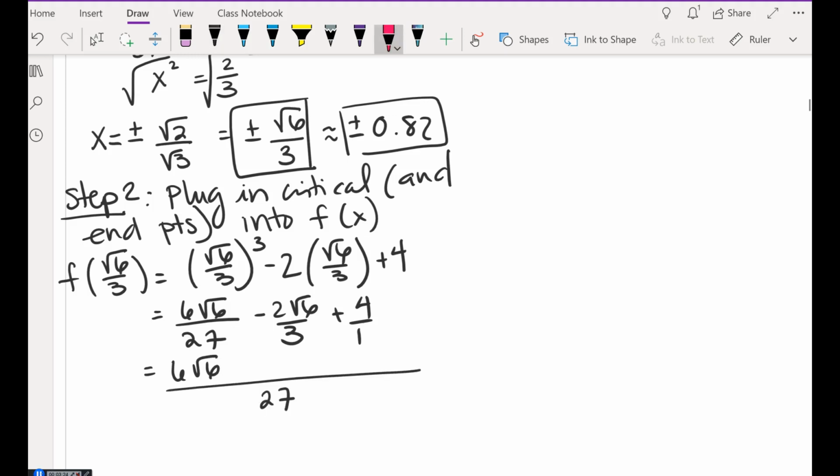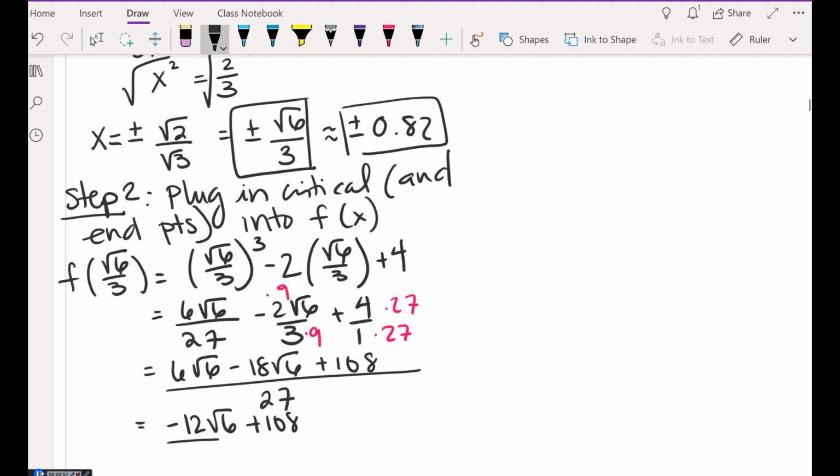That means I need to multiply this denominator by 9. Yes, no, maybe? And multiply this by 27, multiply this by 27, multiply this by 9. So 2 times 9 is going to give me 18 rad 6. 4 times 27 is going to give me 108. Okay, let's combine. 6 rad 6 minus 18 rad 6 is negative 12 rad 6 plus 108 all over